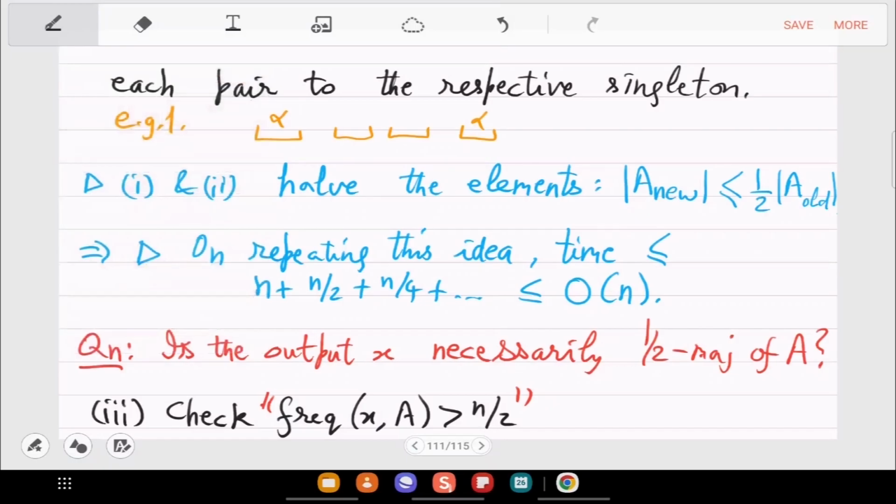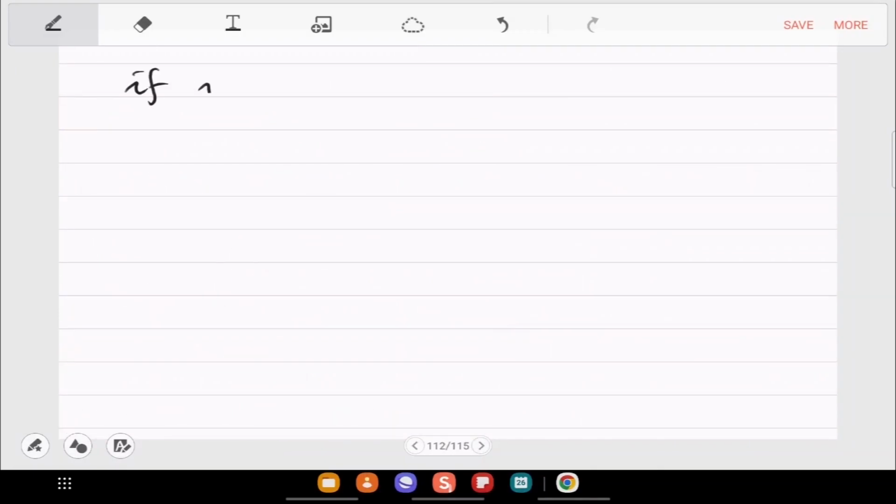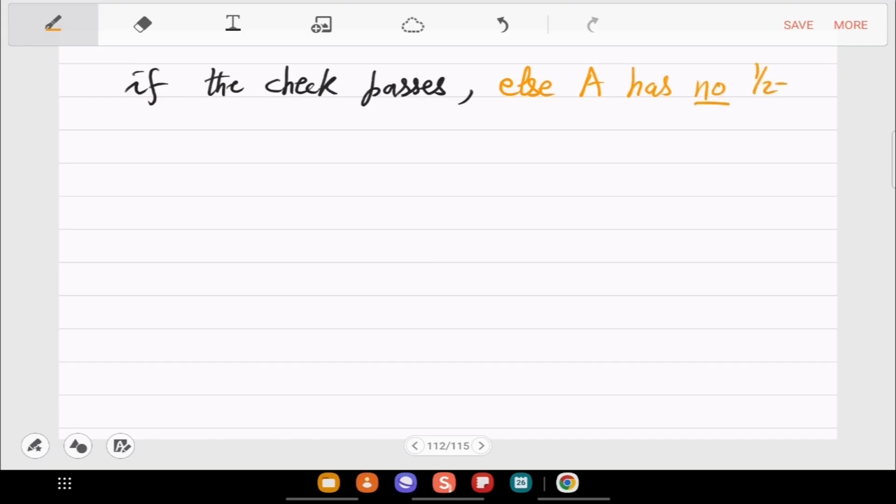And so if yes, if the check passes, else you have to say that A has no half majority. Okay, so this is the full algorithm. Is this clear?